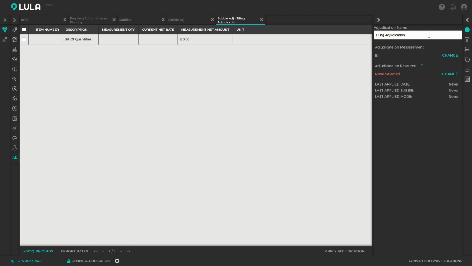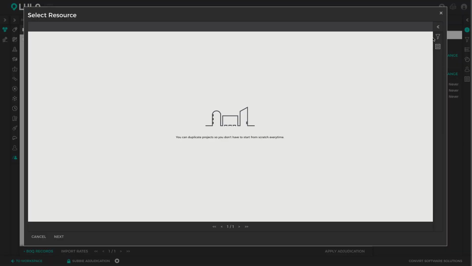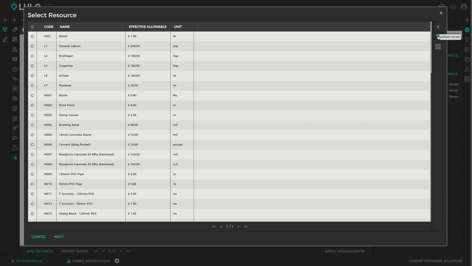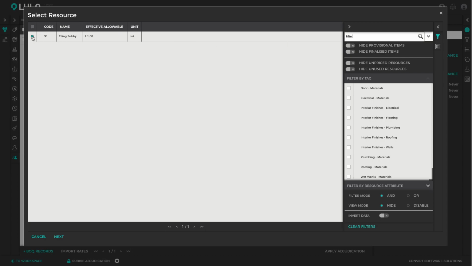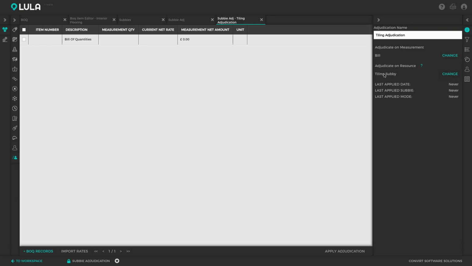All right, and the measurement we're adjudicating is the bill measurement, so we're using the bill quantity, and we can then link an adjudication resource. So the resource that I just used in my previous example, we can link up here to represent the Subbie by clicking change. And we can then open up the filter tab and search for tiling resource. Right. Next. Okay, so now we've linked up that tiling Subbie as the adjudication resource,